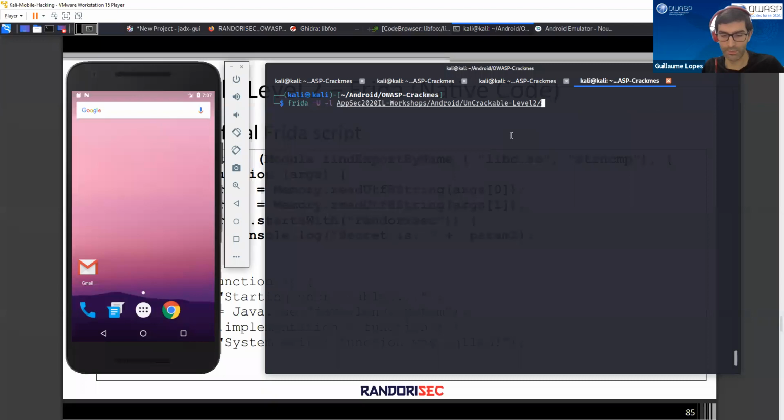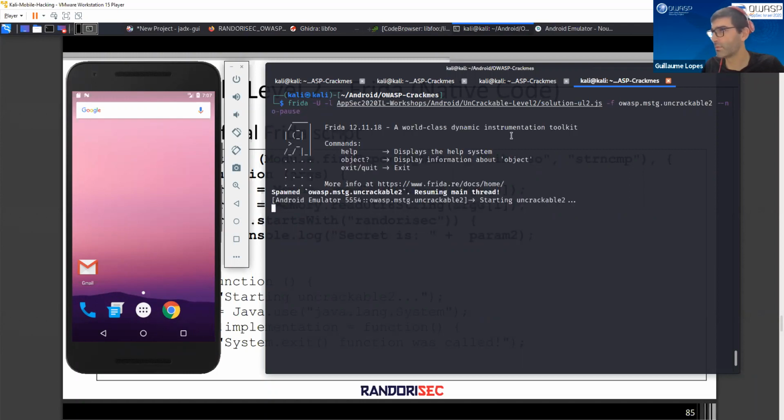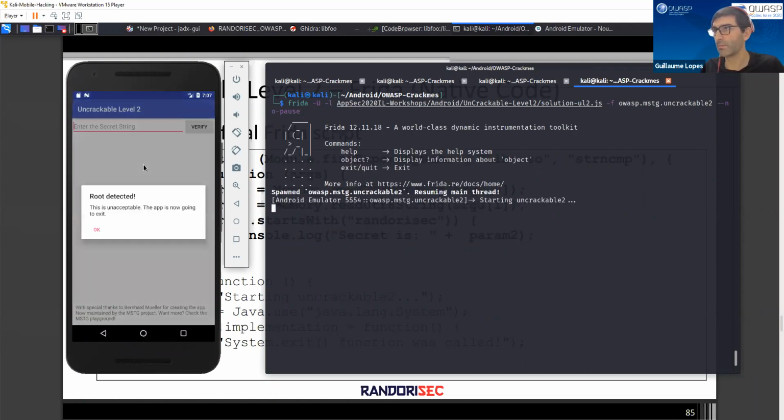But I want the level 2 solution. I showed you -f, and it was owasp.mstg.unbreakable2. Okay. No pause, to avoid having to type resume. Okay, starting. "Detected" is normal. Now I click OK,